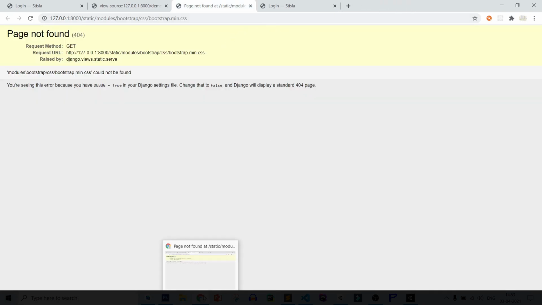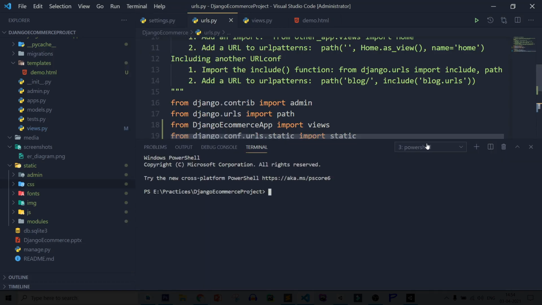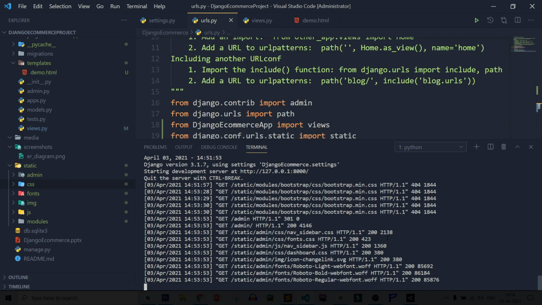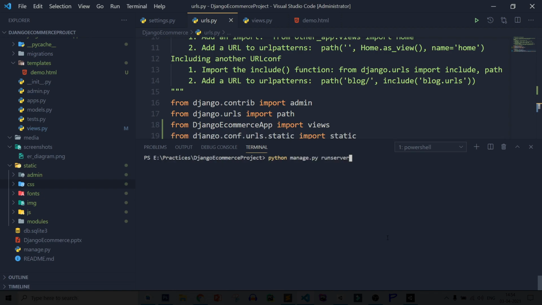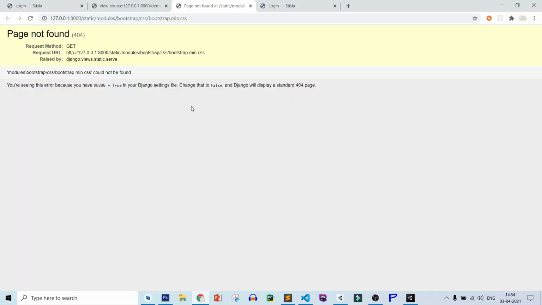So let's do one more thing. Open a new terminal, first shut down the server, clear the console, and run the server again. I think it is checking for new files, that's why it is showing the error. Now if I refresh the page, it is showing the same error.